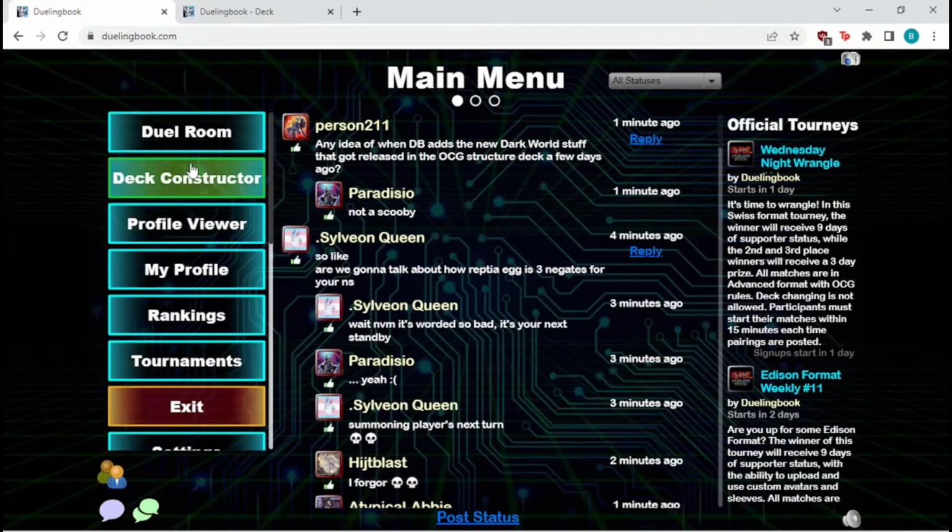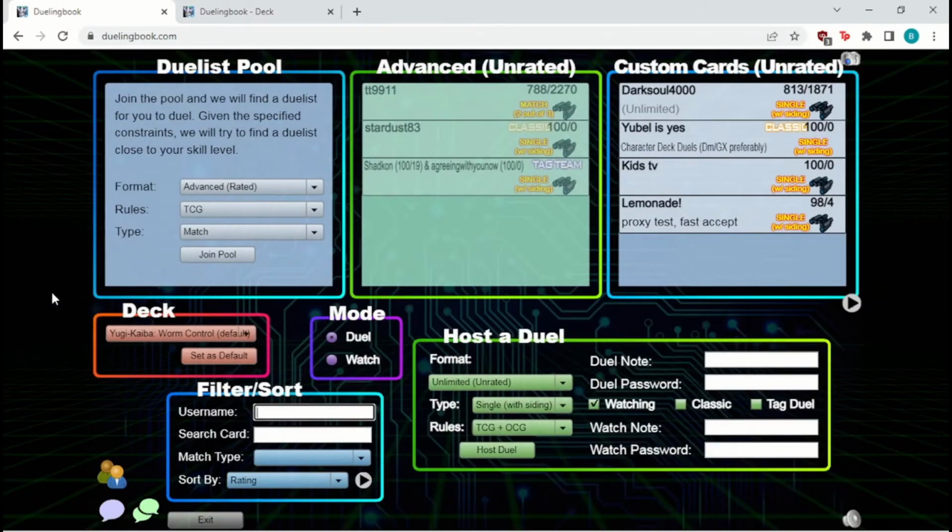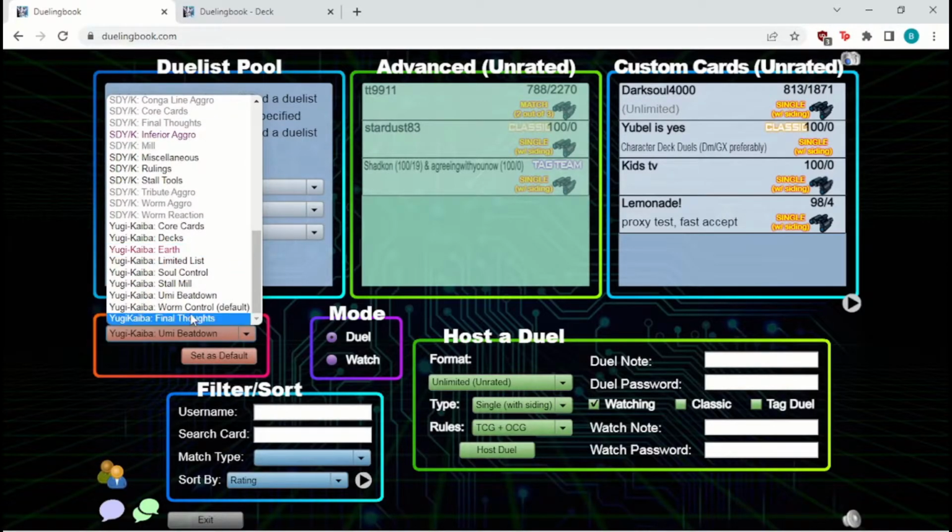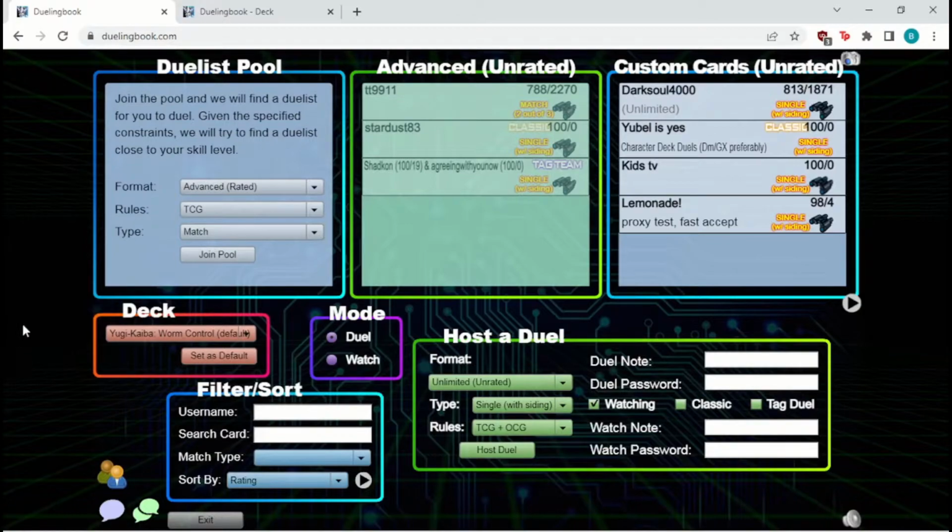So you can leave the deck constructor and go into the duel room, and you'll see the deck that we've set as default just appears right here. But if we did want to change that, we could click on a different deck in our collection and have that be the deck that we're going to bring into a duel. But